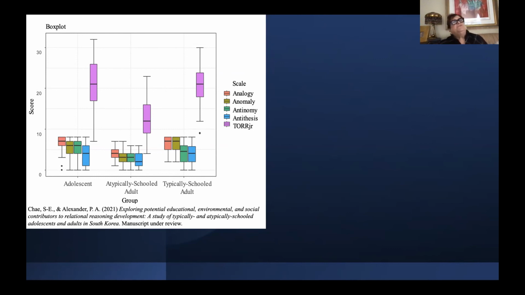And trying to understand what it is that contributes to our reasoning. I know some of you have written about this. It really has to do somewhat with your knowledge. Reasoning about something, you need to have some understanding of that thing in order for you to reason deeply about it. And that's, I think, partly what happens here. I think the other thing schools give us, because they don't give us much explicit training in relational reasoning, is they give us opportunities to use the language of relational reasoning when we're problem solving, when we're working through curriculum in some sort of way.